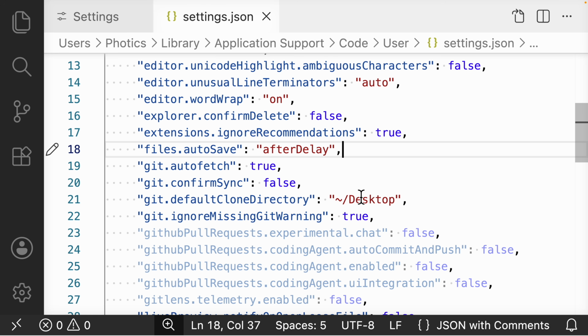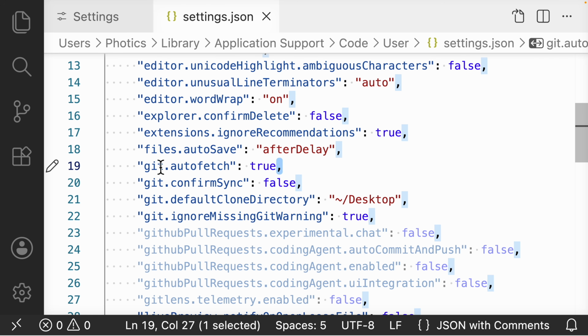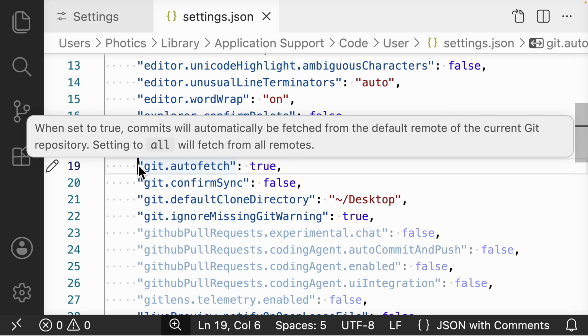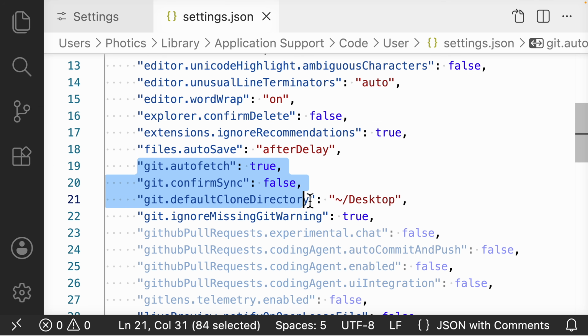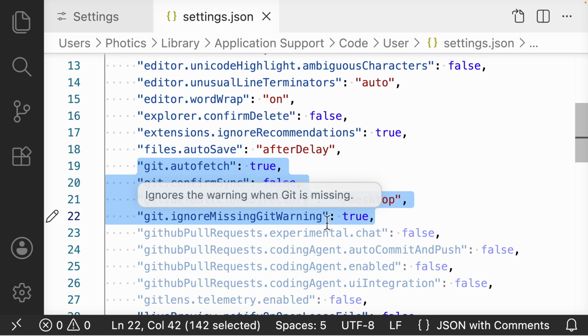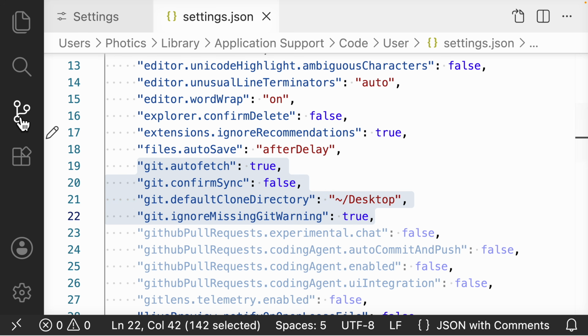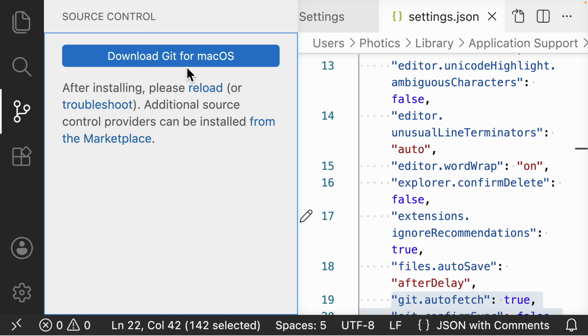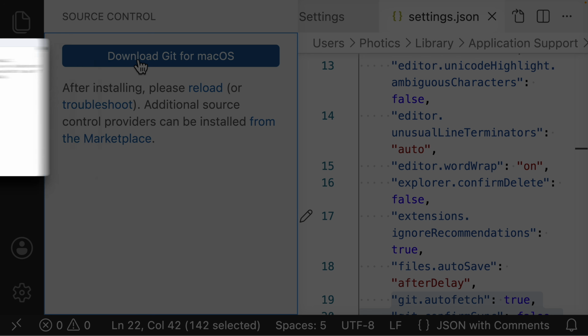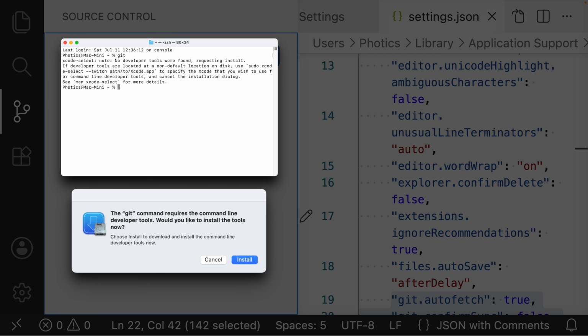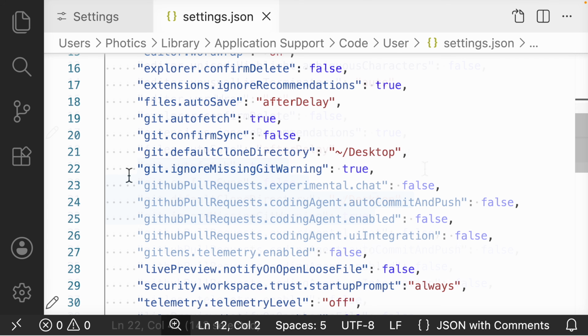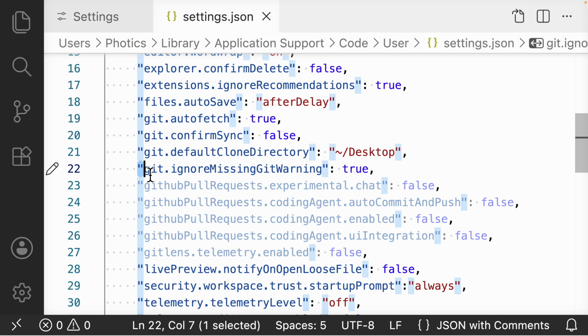That's also a job for Git, which is the next block of settings. I have it set to autofetch, confirm sync is set to false, the default save location is my desktop, and a bunch of other stuff. It's actually not relevant here, because Git is not installed on this Mac. I don't want to install Apple's command line tools just to install Git. And since Git is not installed on my Mac, the Git ignore missing Git warning setting has a value of